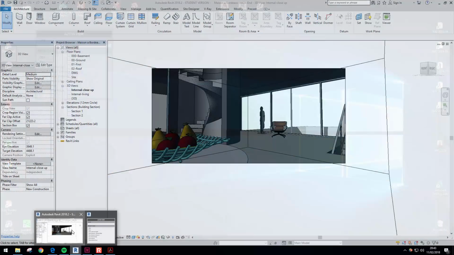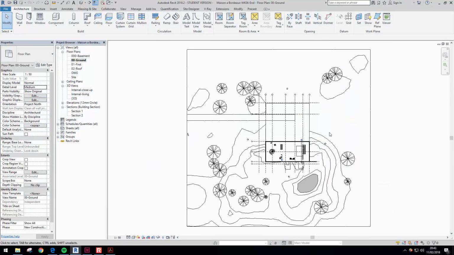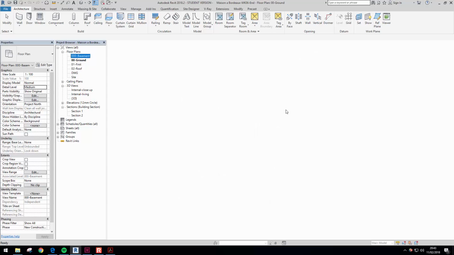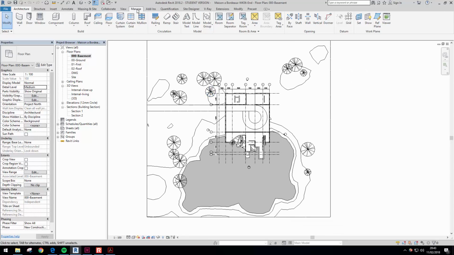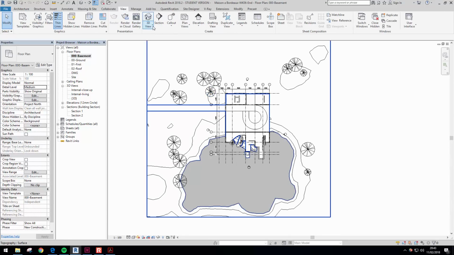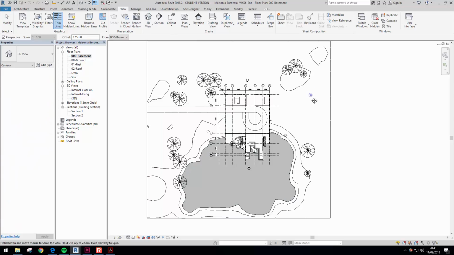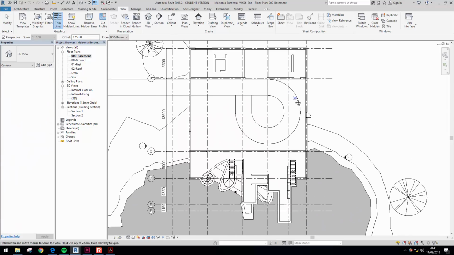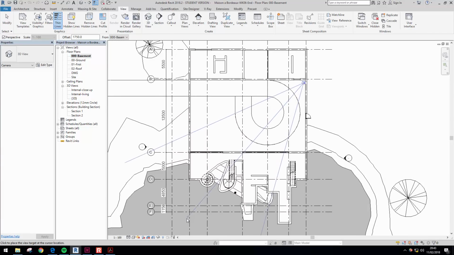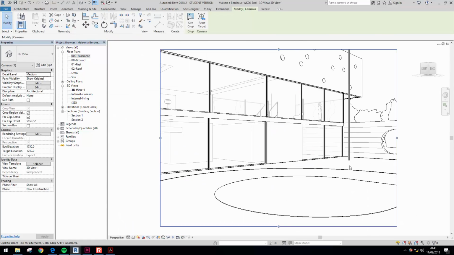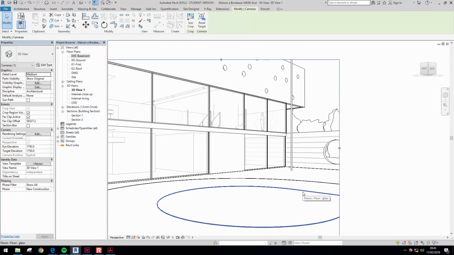So let's go to the ground floor plan or the basement plan and select view and then 3D view, camera, and if you go to the top right of the courtyard, if you click and then drag out, you should create a view. Now we want to be a little bit higher up, so if we press F8 to bring us the navigational wheel,